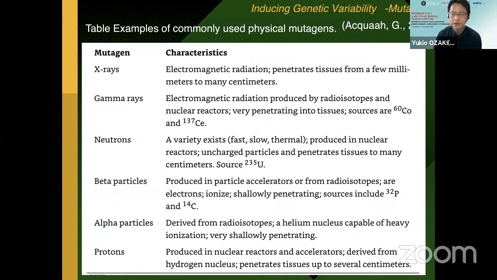The relative biological effectiveness of fast neutrons is higher than for gamma rays and X-rays. The breeder is interested in identifying and using treatments with high relative biological effectiveness for maximizing the number of mutants produced. Treatments with high RBE have high ionization density. Modifying the treatment environment can increase the effectiveness of the treatment.